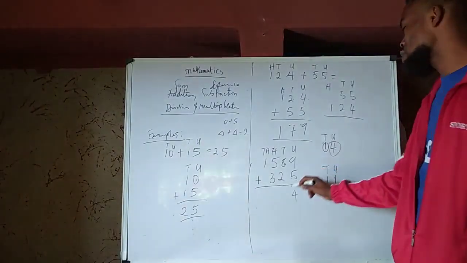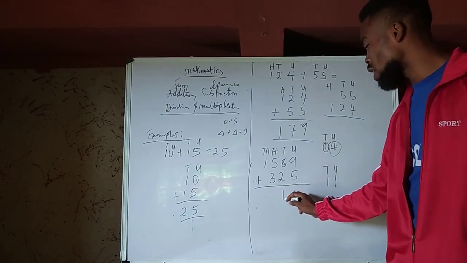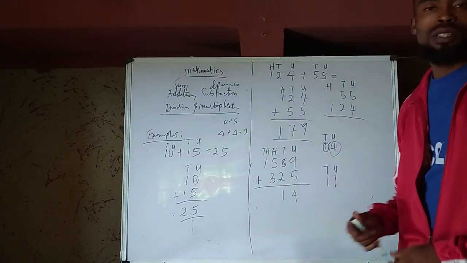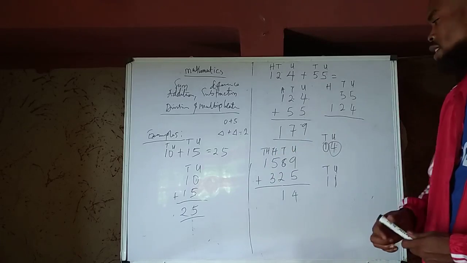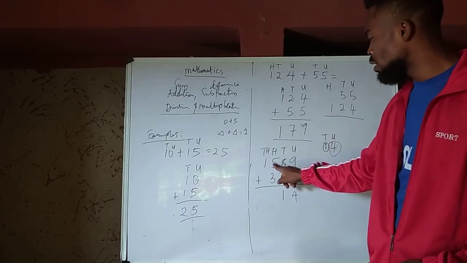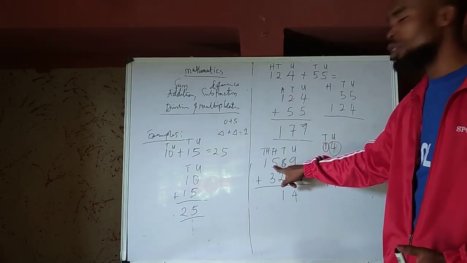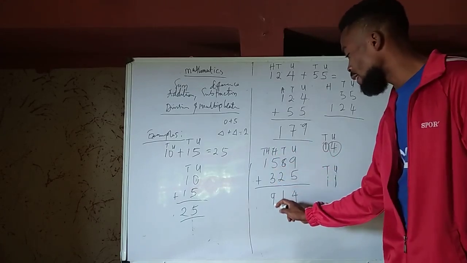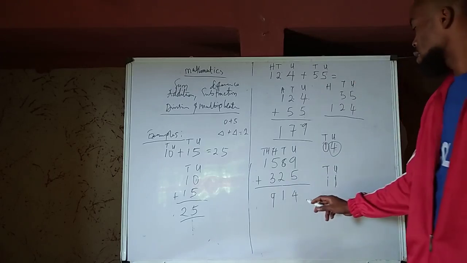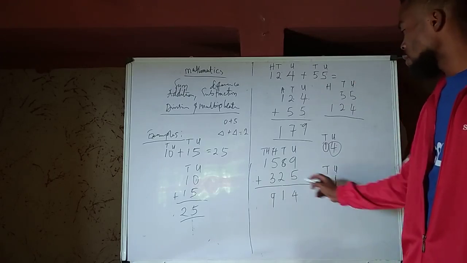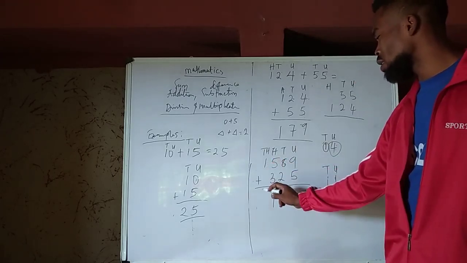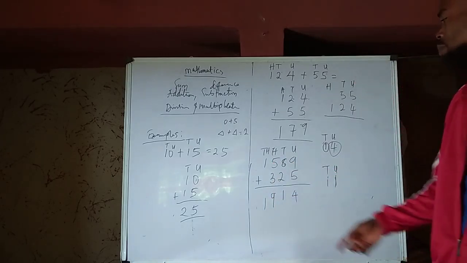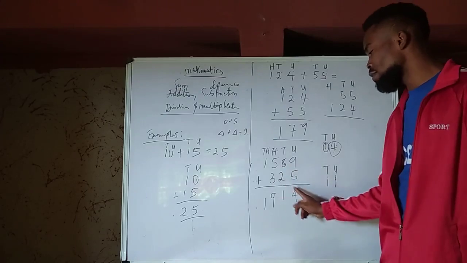So we just write 1 here, and then we take the 1 over to the hundreds. When we add it to the 5, it becomes 6. 6 plus 3 gives us 9. And then what is left here is just 1, so we just bring down the 1. So that means 1589 plus 325 gives us